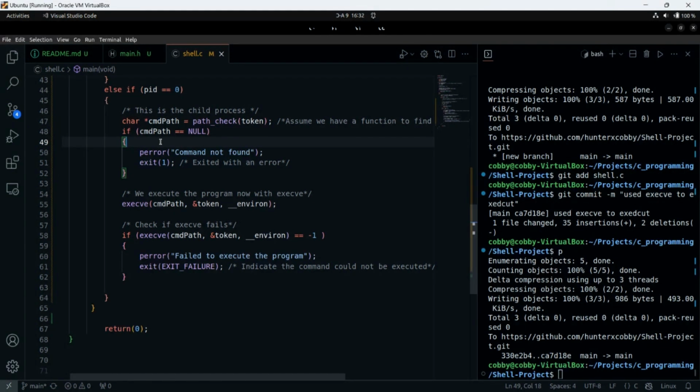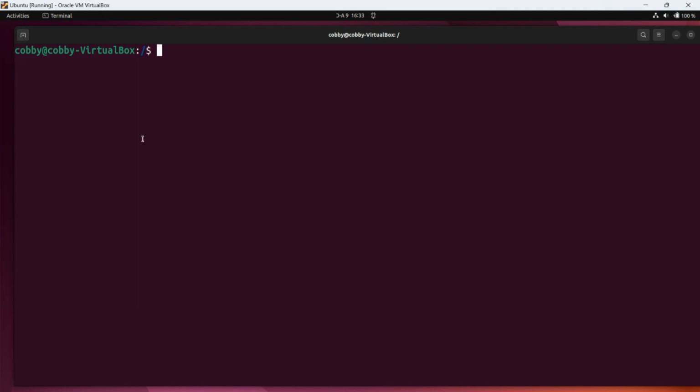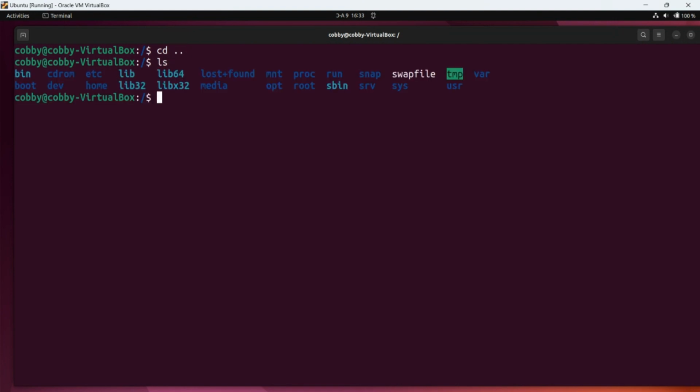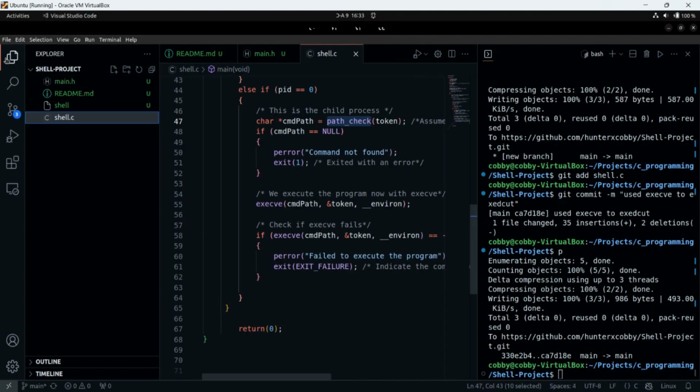The next thing we want to do is write the function called path check, to check through what. Let me explain myself again so no one gets confused, because we are writing it in a different file to make the code more readable and accessible. So we will not manually check through here to find where our command is. We want to write a function to do that for us. And then we came up with the path check to do that work for us. So please let's do that in a different file.